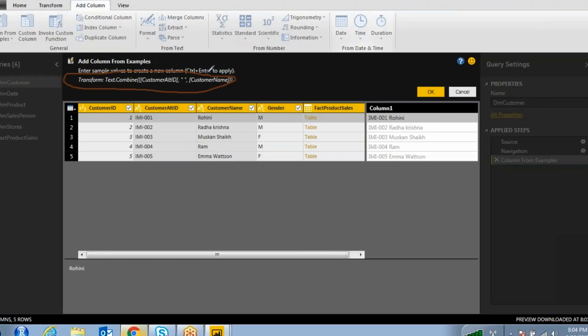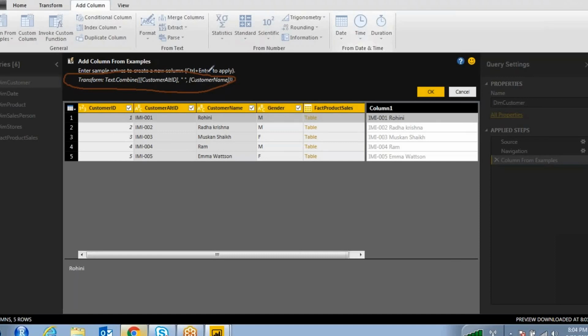Basically, whatever the users want to do by writing expressions to generate new columns, some built-in expressions are already defined in the Power BI edit query.